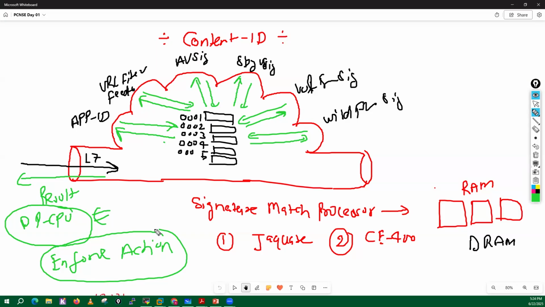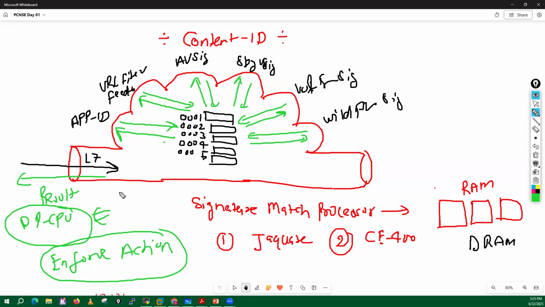Let's suppose the antivirus flag is triggered, meaning this payload has some type of virus. Then whatever action we have defined in the security policies, the firewall DPCPU will take that action, drop that packet, and change the state of the session to discard.